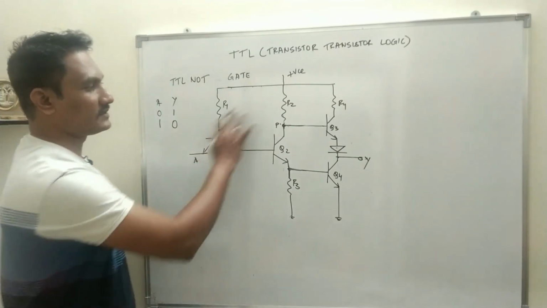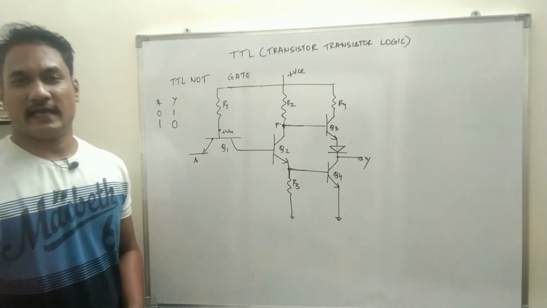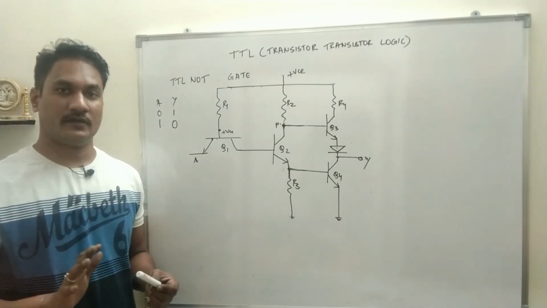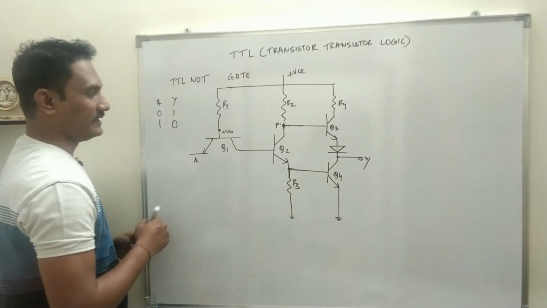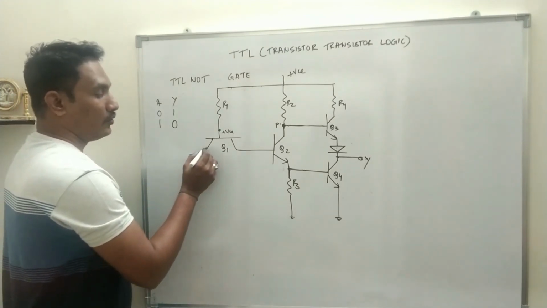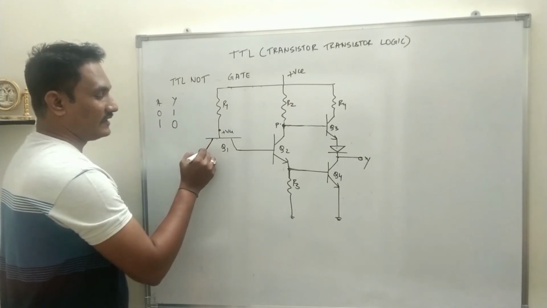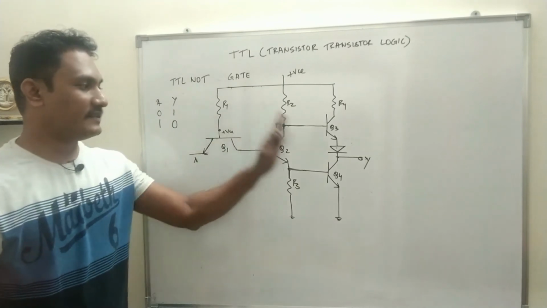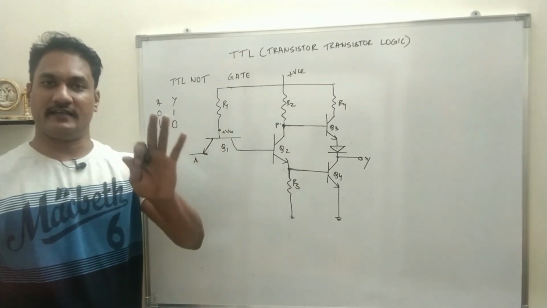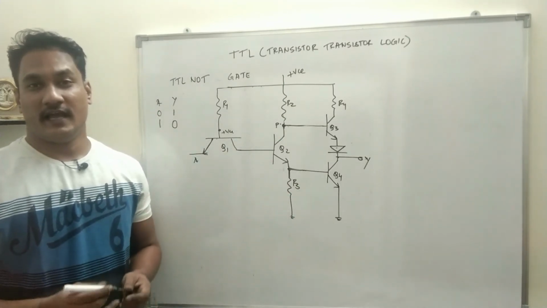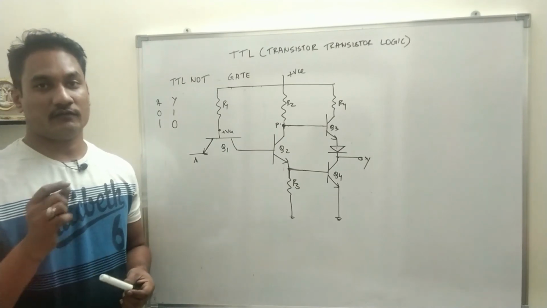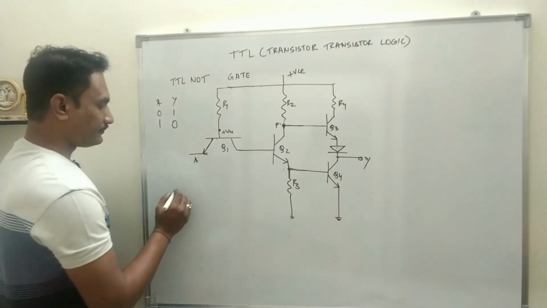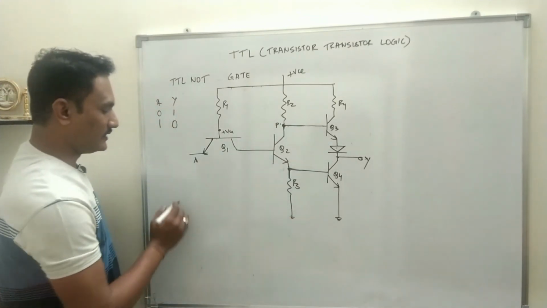Now the circuit on the board is exactly similar to what the TTL NAND gate is. Same circuit, TTL NAND gate. The only difference here is we have used only a single emitter transistor instead of a multiple emitter transistor. That is the only difference in the entire circuit of TTL NAND and TTL NOT. If you compare TTL NAND and TTL NOT, in TTL NOT you have to use a single emitter transistor because we have only one input. So now we can understand the working on the basis of the truth table.